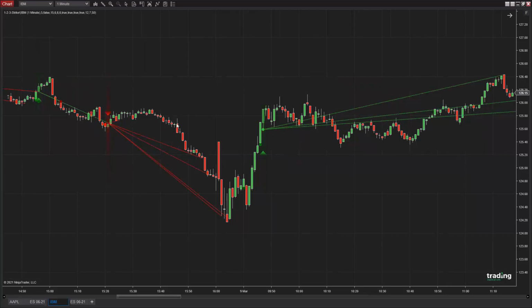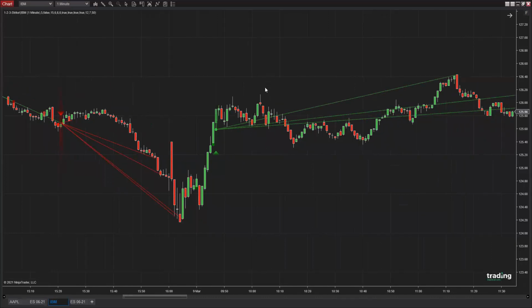I have purposefully chosen a 1-minute chart to demonstrate that our indicators are not bound to or limited to a time frame or a particular symbol. They work on any time frame and symbol. So we'll be looking at very short-term charts, but also longer-term charts and daily charts. Okay, so you already know what these symbols are.